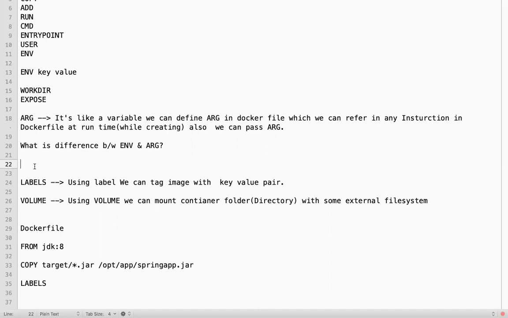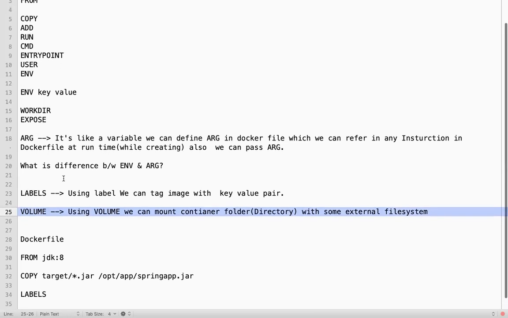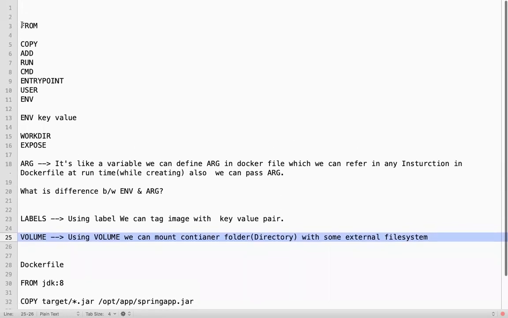So we will discuss this volume in a separate session. It is very important in Docker. The Docker volumes concept we will discuss. So these are the instructions we will use